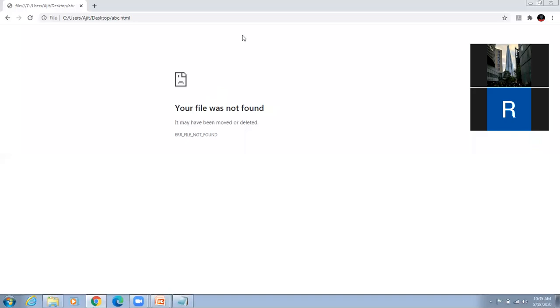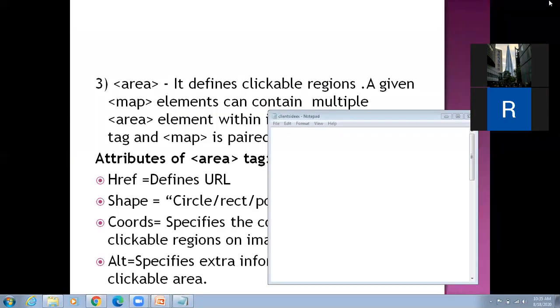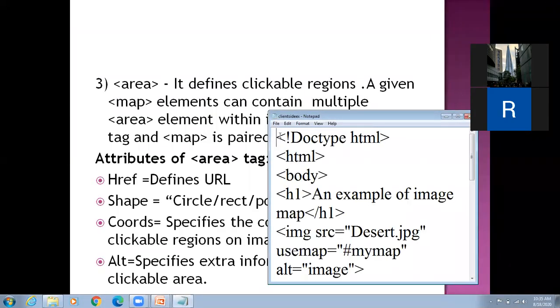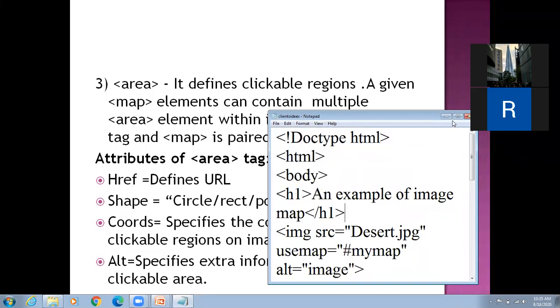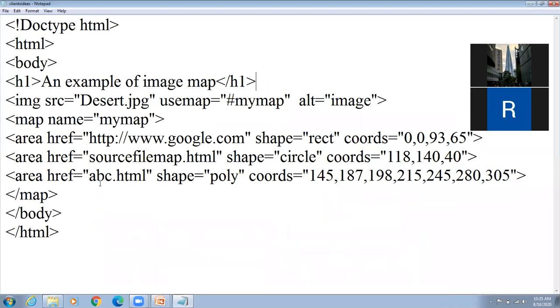Let's make the file abc.html. See here, where I have given the abc file, abc.html, as the href for the polygon shape.